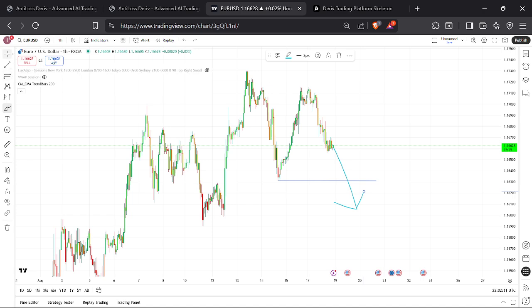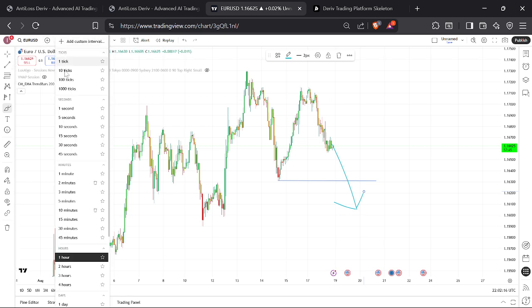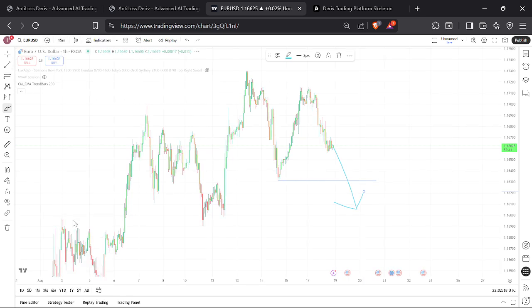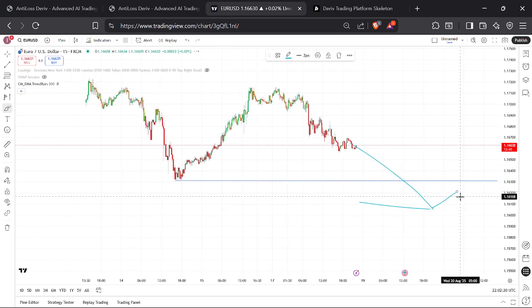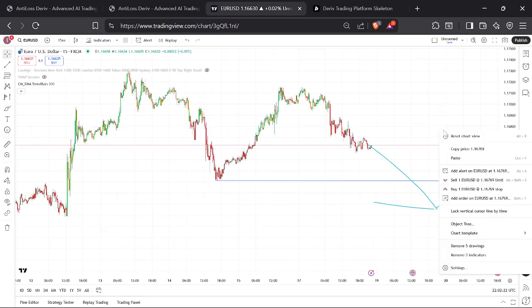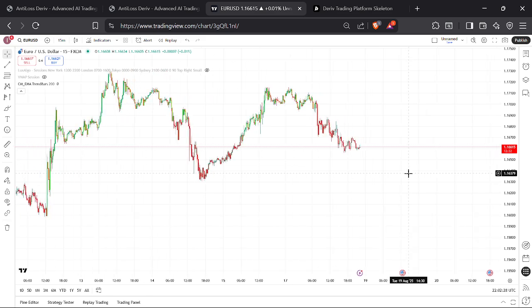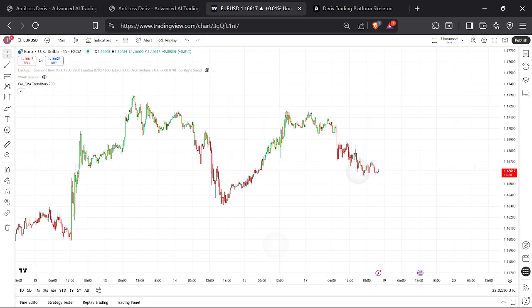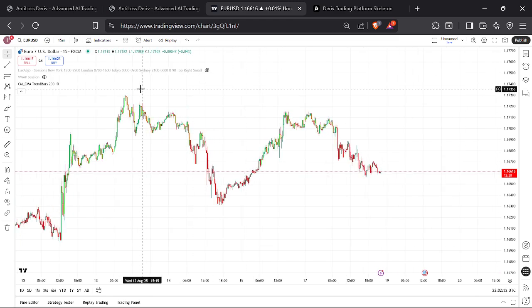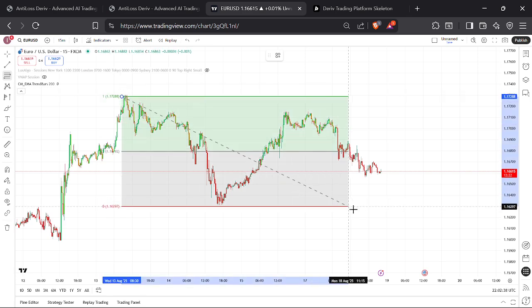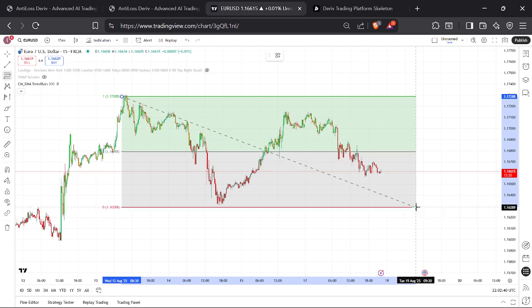Okay, we can go down into lower time frames. Let's say 15 minutes time frame. Delete everything, and then we can identify this is the range that we are trading in. So I will put my 50% tool in this range,